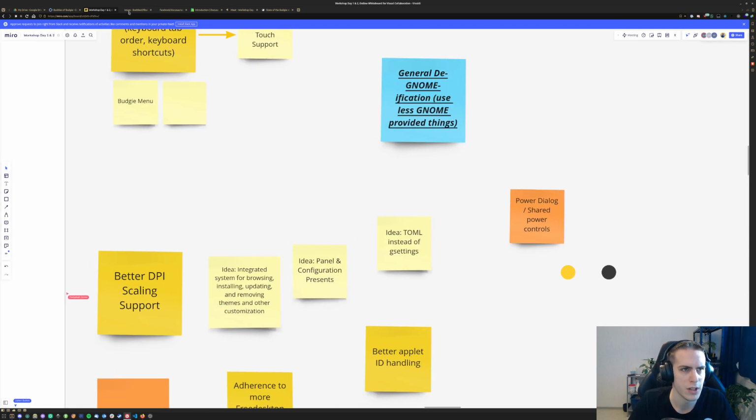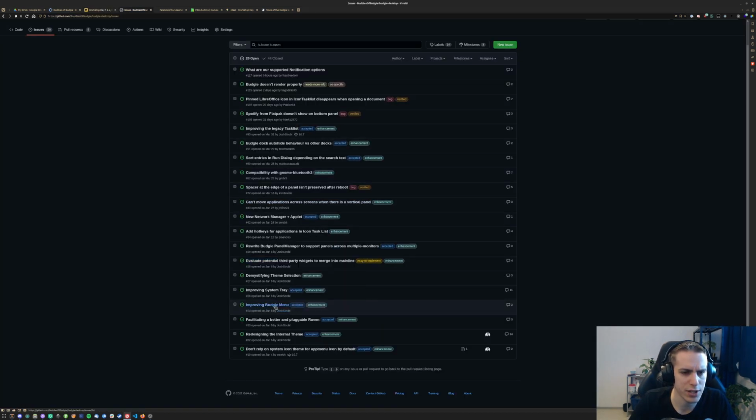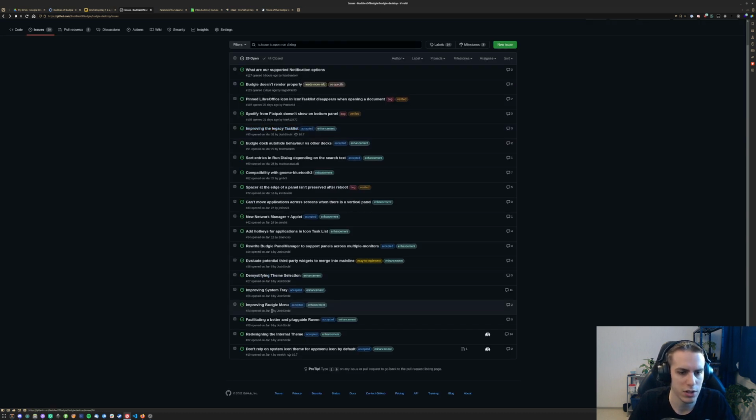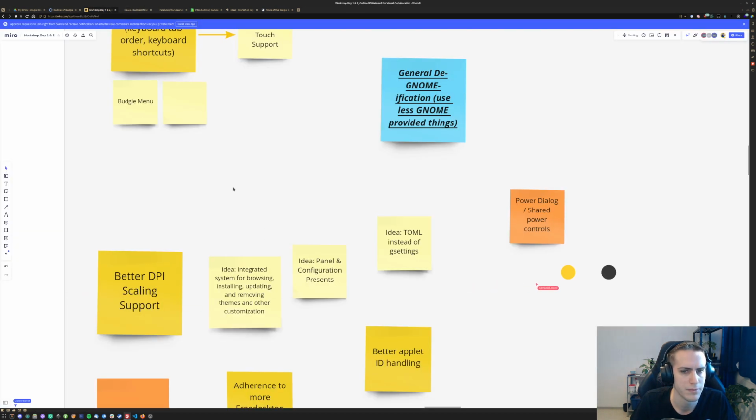Which I feel like I have a task here for, for budgie run dialog. Maybe run dialog. Maybe it's in the budgie menu one. Yeah, maybe not. I don't think there's a task for it. Let me go ahead and write it here. When it said something about plugin based integrated search,